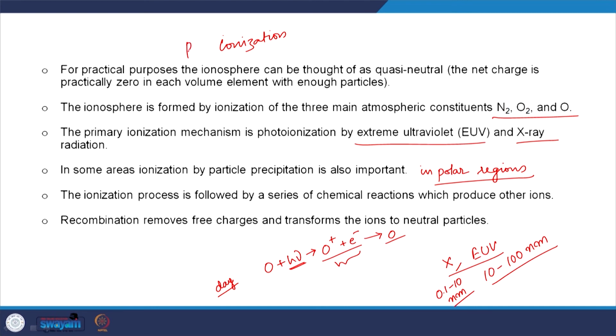So, let us say photoionization leads to the formation or existence of the ionosphere, and recombination causes the ionospheric electron density to be lost. These two processes are the ones which will control the strength of the ionosphere at any given point of time: how much photoionization is happening and how much recombination is happening. If they do not balance, you will see that there is still available electron density.